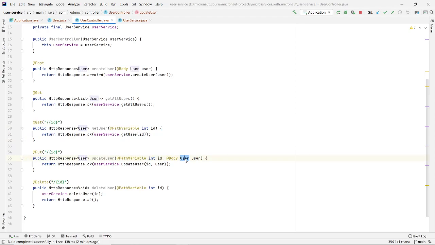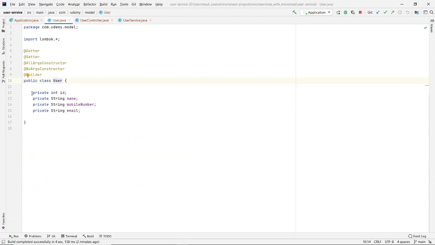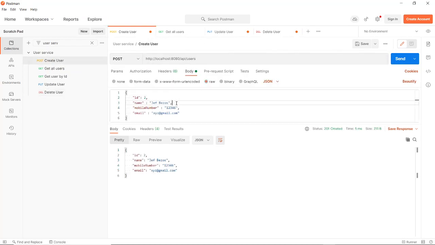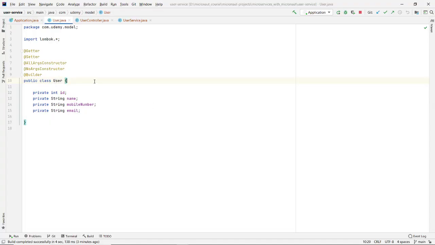So currently there is no validation on this. If I send a blank name while creation of the user, then also it is accepting. But in real world applications, we should have validations on such fields, that fields like name, mobile number, email should not be allowed to be blank. And many annotations we will take a look at while seeing the bean and bean validations. Basically that will allow us to validate the requests.